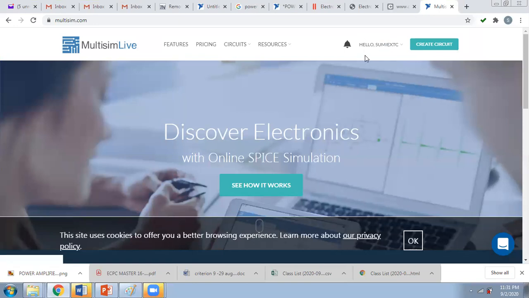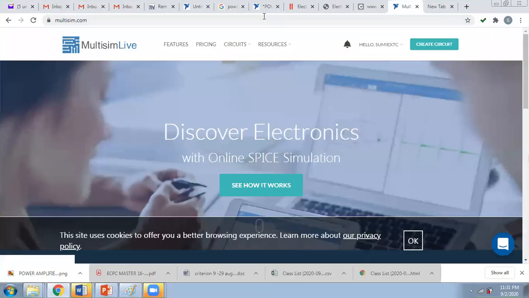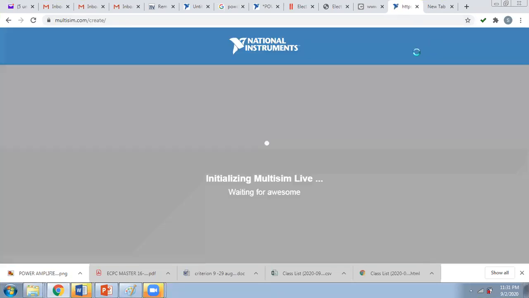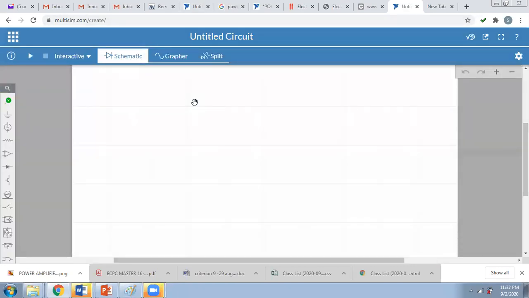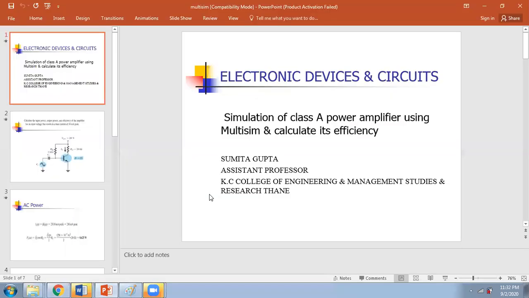Similarly here your name will be there. After this you have to click on create circuit. So it is initializing Multisim Live. Now, if you remember, we want this circuit.